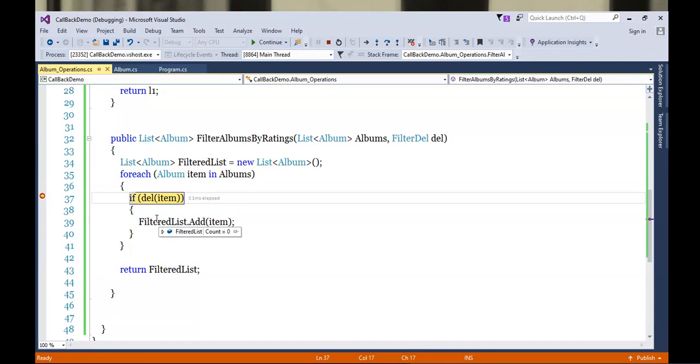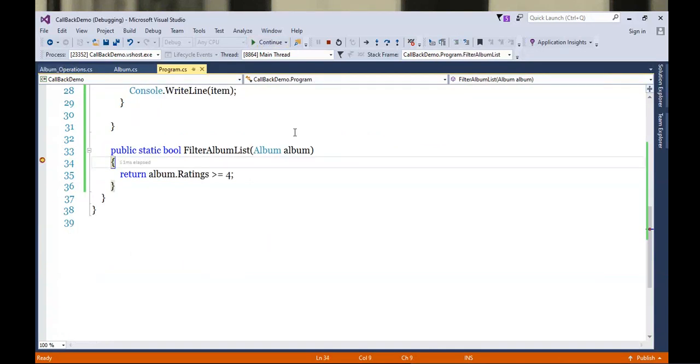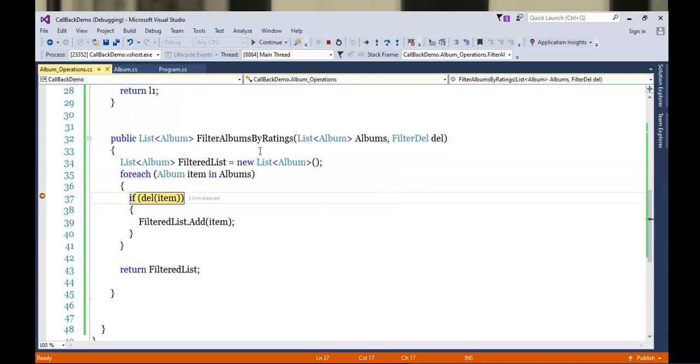Still it is 0. Now the third album comes into the picture. For the third album, the rating is 4.5. Now this will be considered since it follows the criteria. So if I do continue, you can watch out. This will return true because the rating is 4.5. So to check this out, in the filtered list now the count is 1. And which element is added? The last one. So this will go on till 10 elements and the callback will be handled.